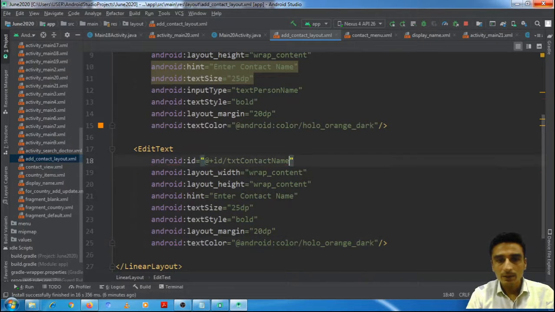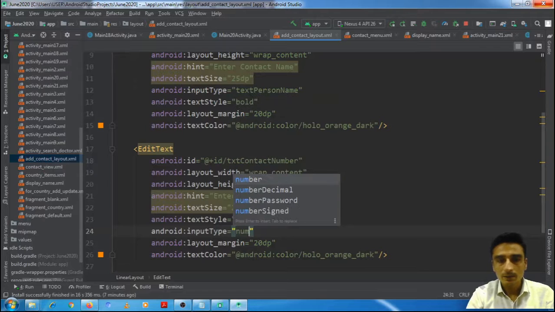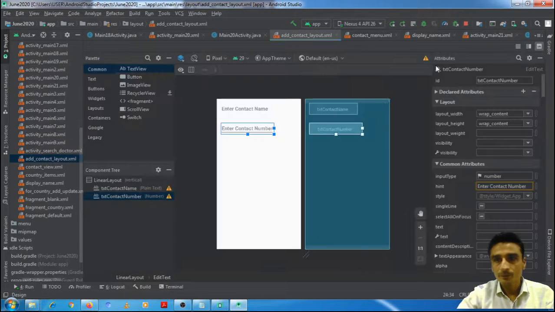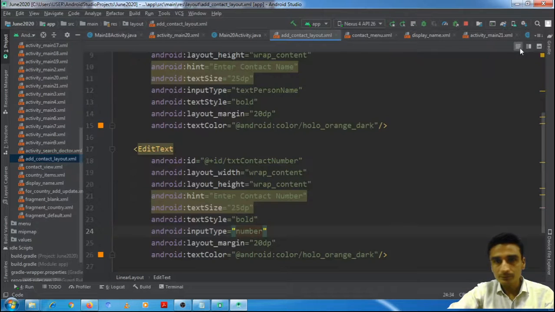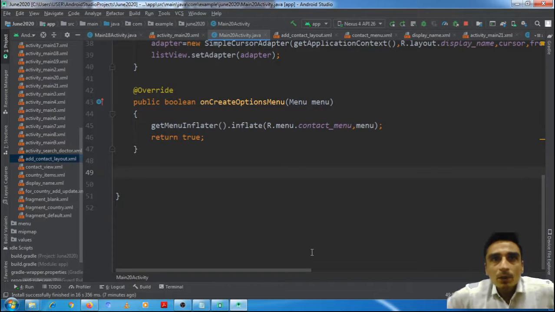Here contact number, enter contact number, and input type will be number. This layout add contact would appear in our activity. So whenever the menu is shown to the client, and if client selects add contact,